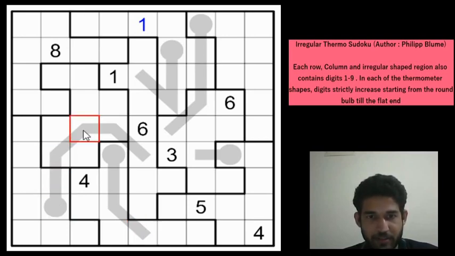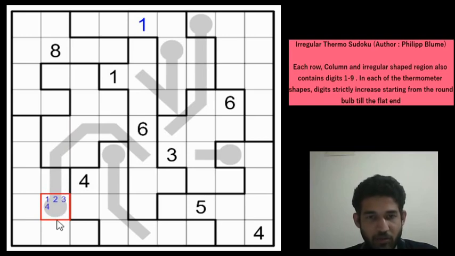Let us start with this thermo which is 6 in length. So this is going to be a minimum of 1 and maximum it can be 4, right? Because if you have a 5, then the thermo will have to have a 10 here, which is out of range. So the maximum you can have is a 4 here, right? So we'll write the candidates.